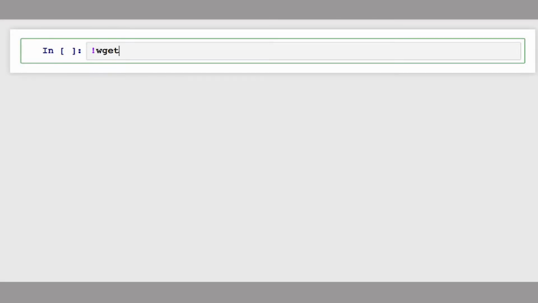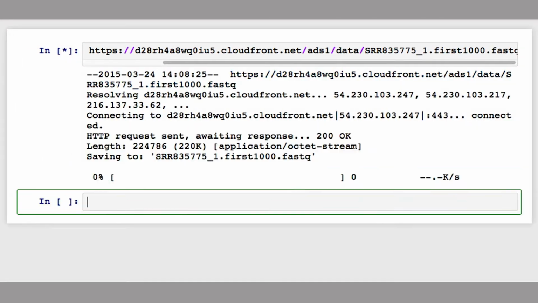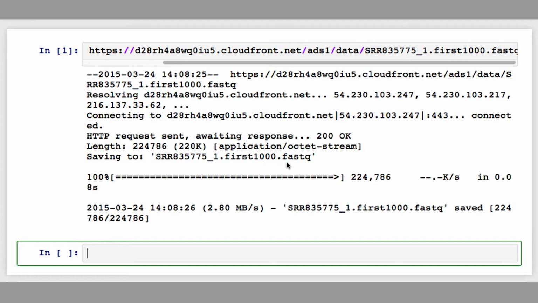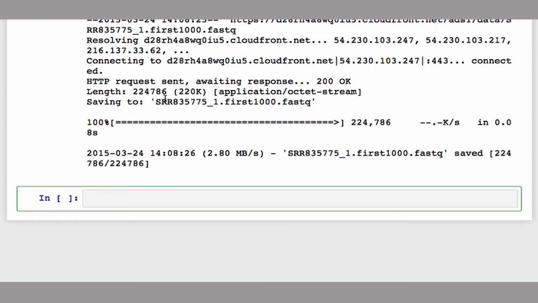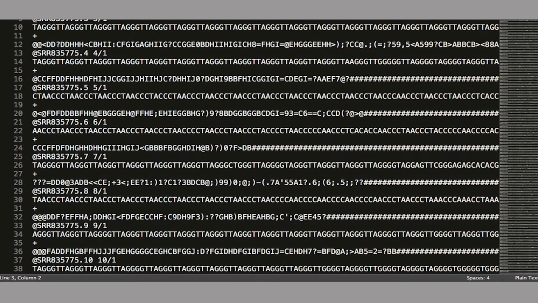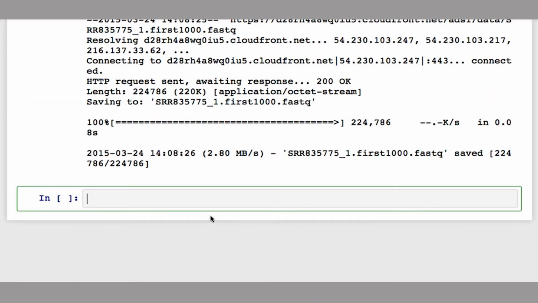Okay, now let's download this data set in Python. So once again, I'm going to use wget. I'm going to paste in the URL. And now our data set has been downloaded. Now let's write a function to read this FASTQ file and parse it. So I'm going to just copy over a set of lines here just to refer to